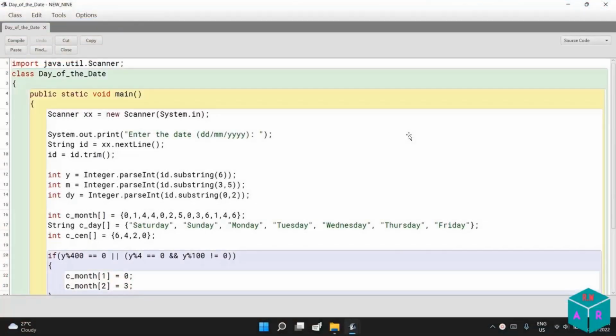Now let us see how the code works. First, I have imported the scanner class, then a class name. This is the method I am calling. I am creating the method, and here I am creating the object of the scanner class. And System.out.println, enter the date. So the date must be entered in the format